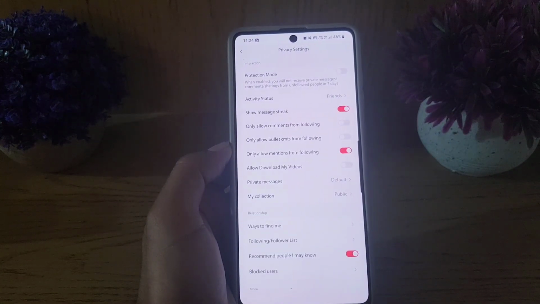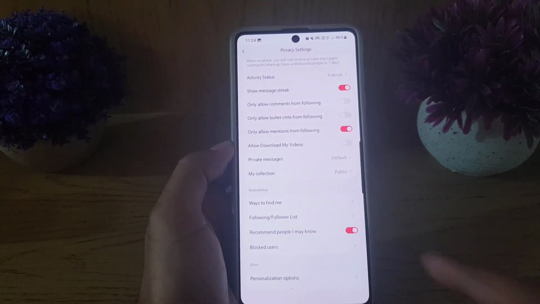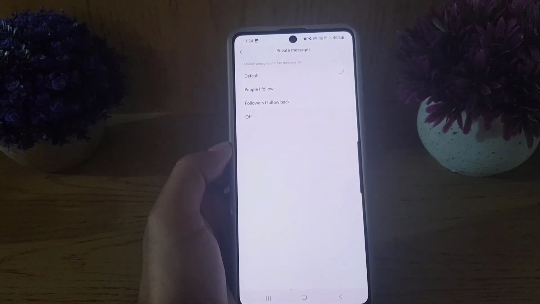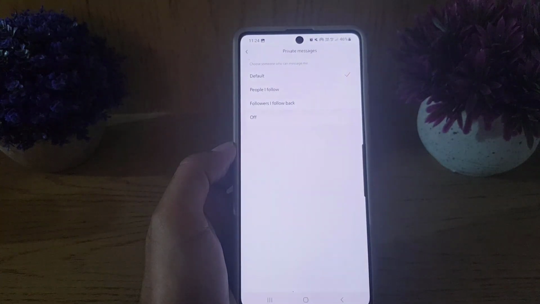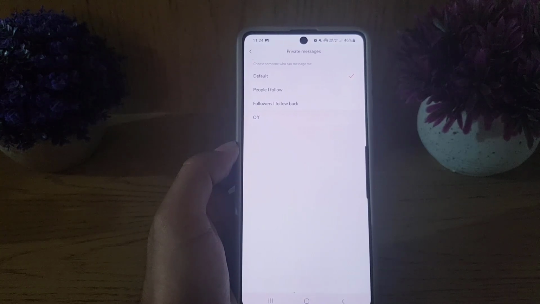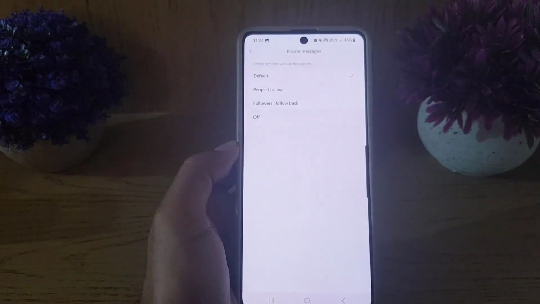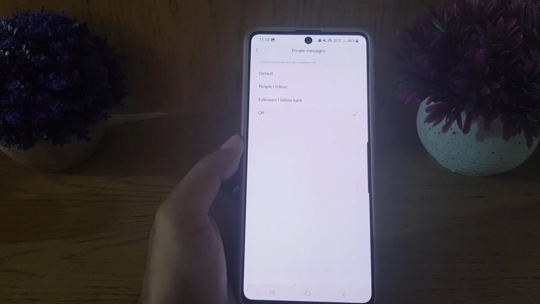So in privacy settings, if you scroll a bit, you will find private messages, which is on by default. So once you tap on that, it will bring you to this menu. People I follow, followers that I follow back. So if you want to receive messages from only the people that you follow or the followers which you follow back as well. But if you want to disable it, just tap on off and private messages will turn off